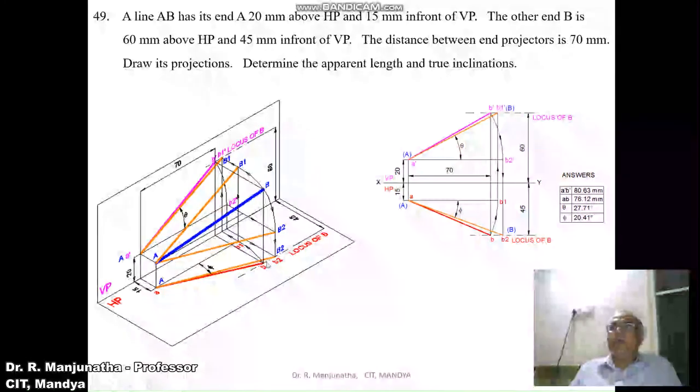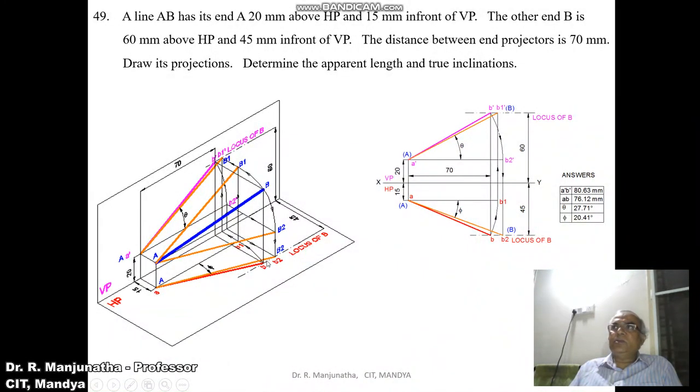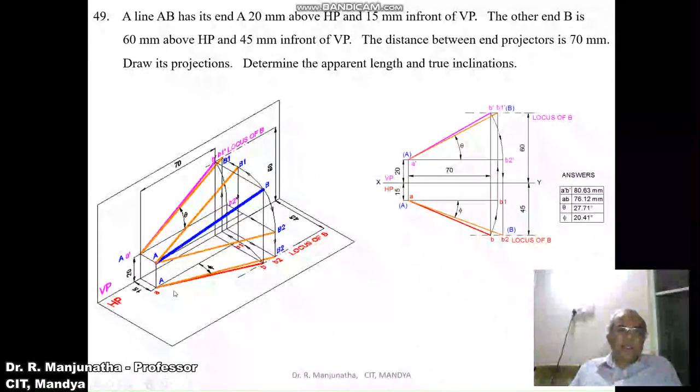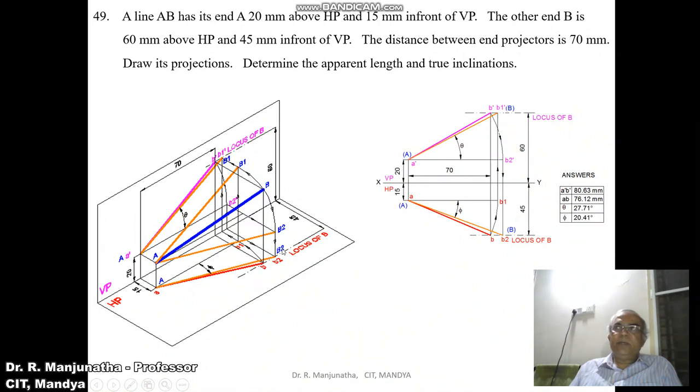So this is the line AB2, which is going to be the true length in the horizontal plane. So you mark this as capital A and capital B2. This is the inclination made by the line with respect to the vertical plane, which is going to be 5. So when you are rotating like this, what happens to the image?